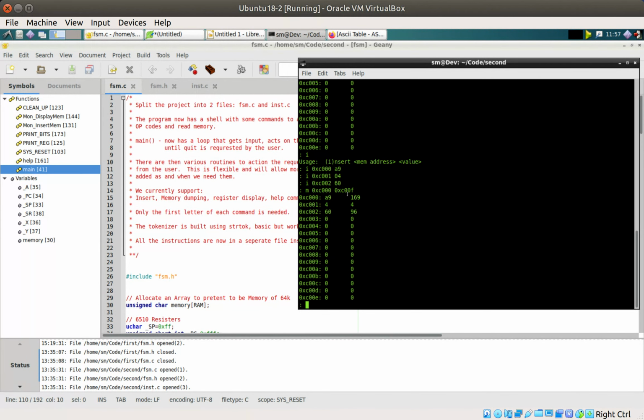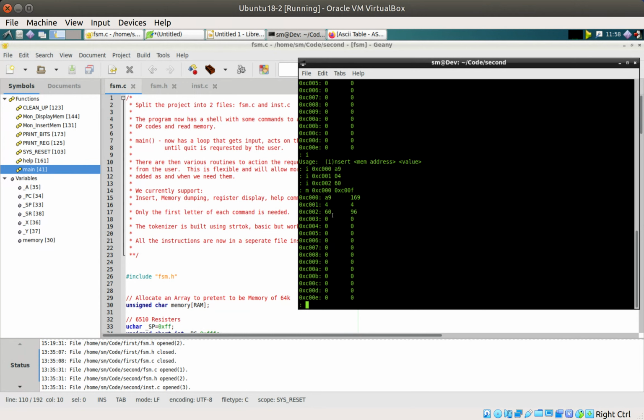So if we now do a list for the memory again, for those two, the start address and the end address, you can see that it's displayed A9, but it's also displayed it as a decimal. What's in each position is displayed as both hex and decimal, and funnily enough 4 is the same in hex and decimal. So that's a very small program, set up so that we can write opcodes and values into it. That would actually read LDA 04 and then RTS,